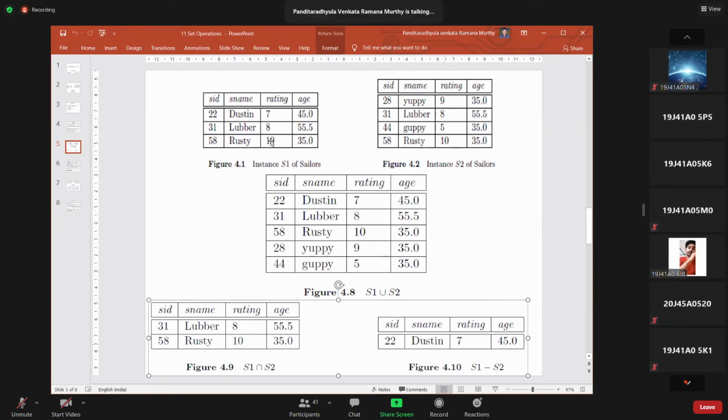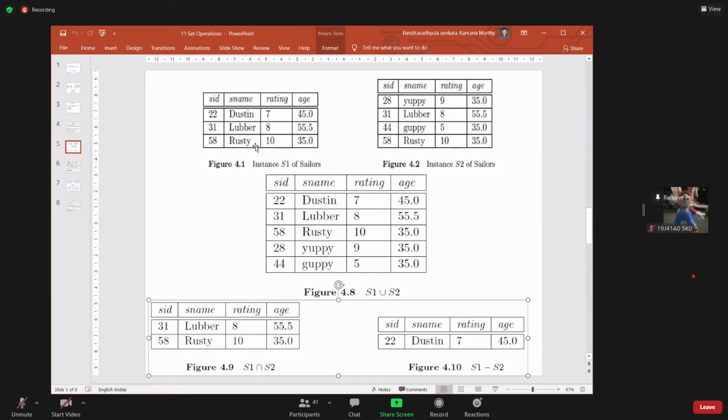But Luber is available in both the first result and the second result, hence it is rejected. And Rusty is also available in both, hence it is also rejected. We are not considering FP and GAP because those two are not part of the first query.